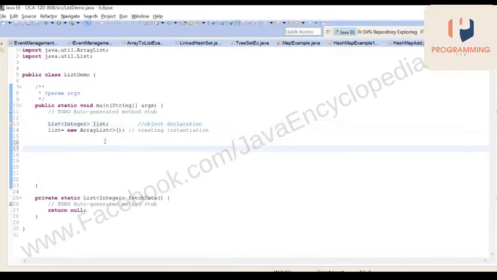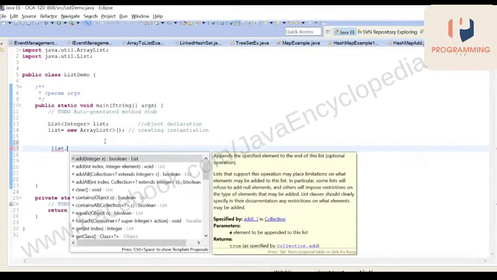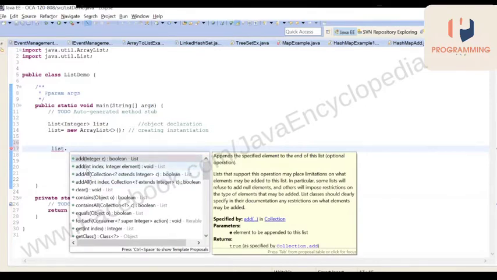As we have seen already the methods, as I told you earlier, List implements the Collection interface. If you see here, add and addAll come from Collection, whereas add at an index came from List.